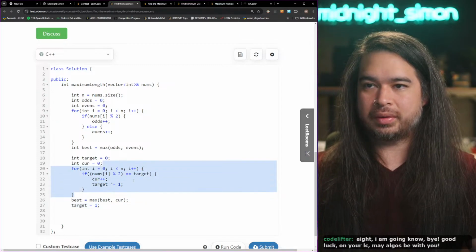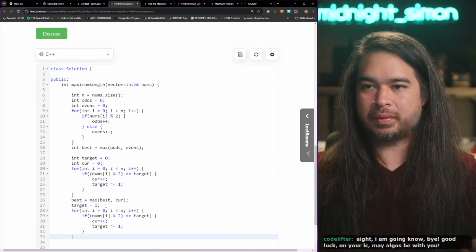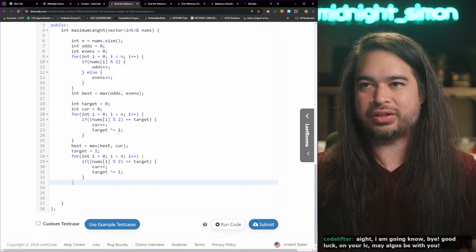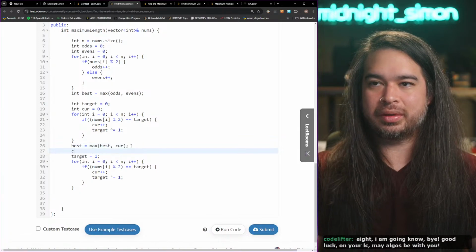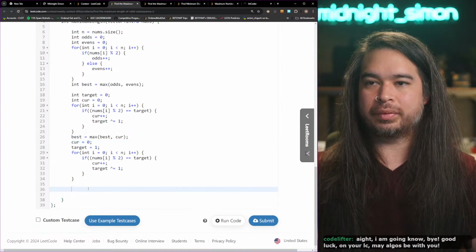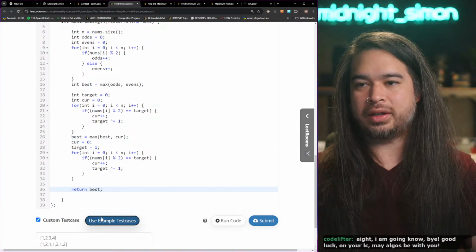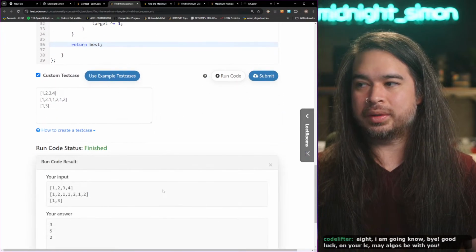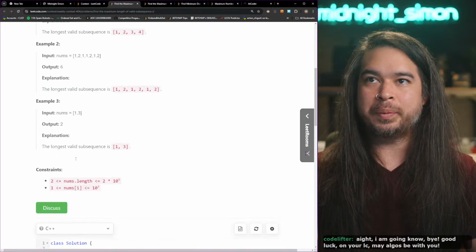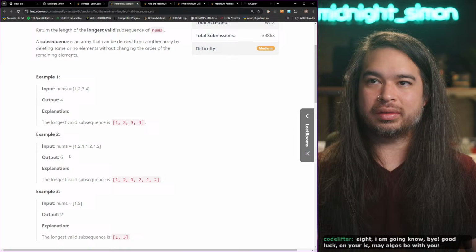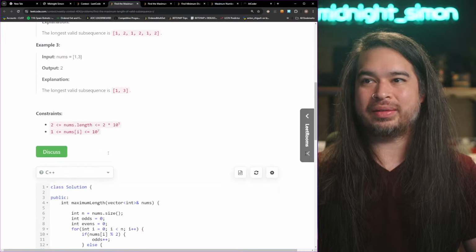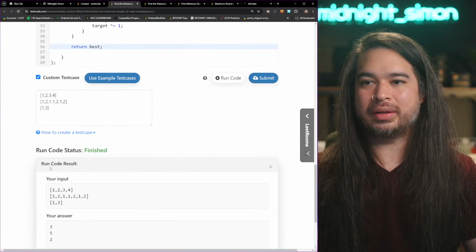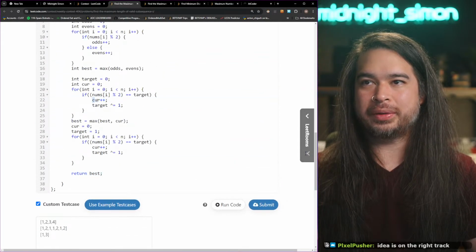I think I can do this all in one loop, but I'm not trying to get too fancy. All right, let's see. This is Q2. 352, and we got, nah, it ain't right. Why ain't it right? That first one should be a 4, but